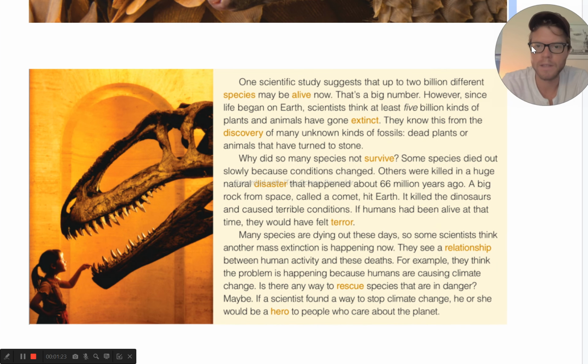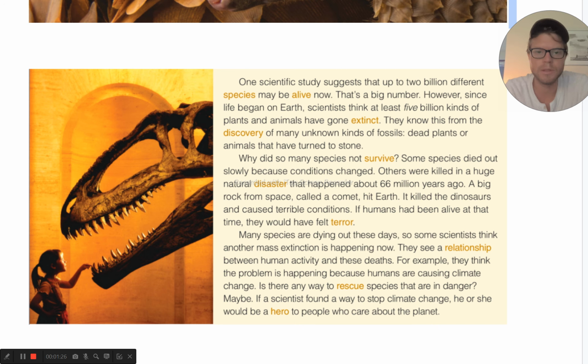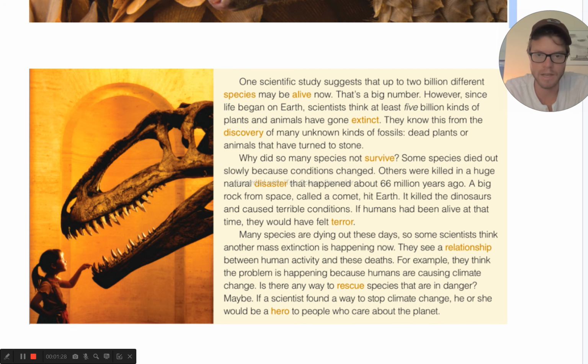One scientific study suggests that up to 2 billion different species may be alive now. That's a big number. However, since life began on Earth, scientists think at least 5 billion kinds of plants and animals have gone extinct. They know this from the discovery of many unknown kinds of fossils, dead plants or animals that have turned to stone. Why did so many species not survive? Some species died out